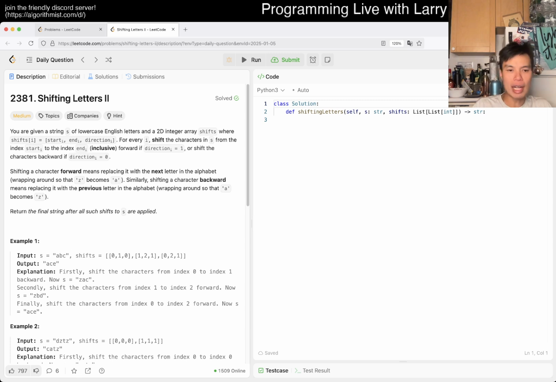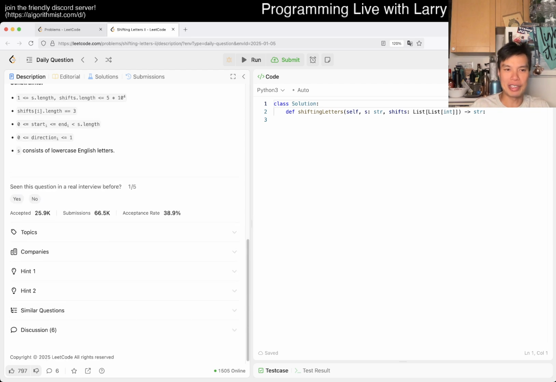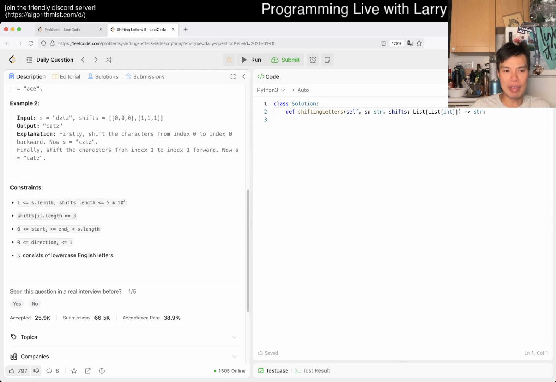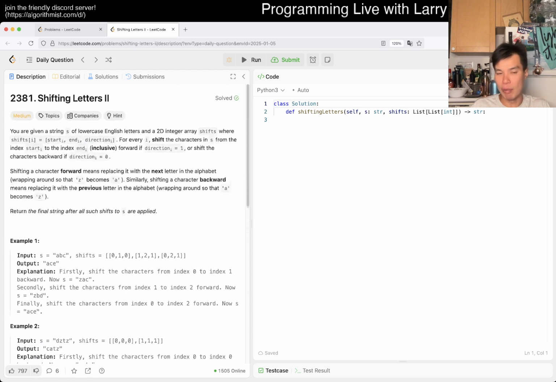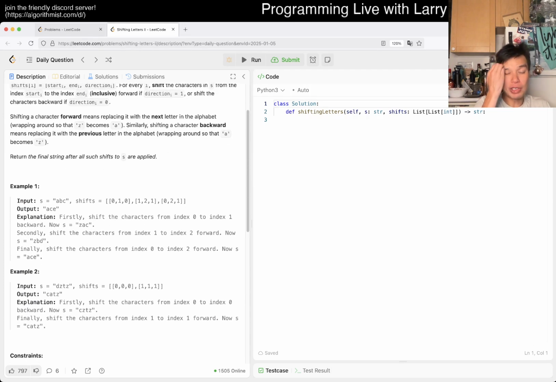So yeah, okay. So the idea here is that first of all, all these shifts do not need to be done every time, right? Meaning that we can aggregate them together. And given that we have a lot of shifts and a lot of n, that is probably what we want to do. If you want to do it live, such that, for example, if there's a variation of this problem